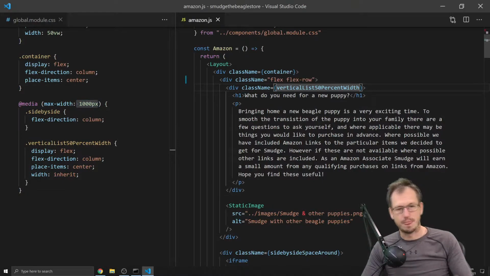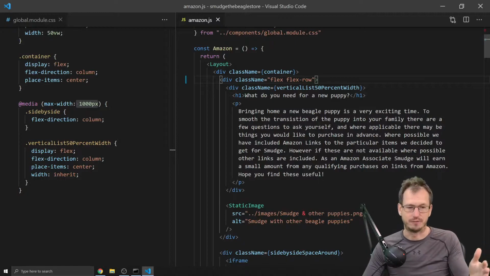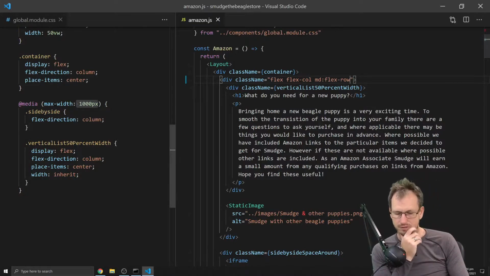So it's mobile first, Tailwind. So these will apply to all the sizes, and then we can override it for anything and above. So by default, I'm going to want flex col, which is the column class, and then I'm going to say from any medium-sized screen, I want it actually to be a row. And if I save that off, that should build,